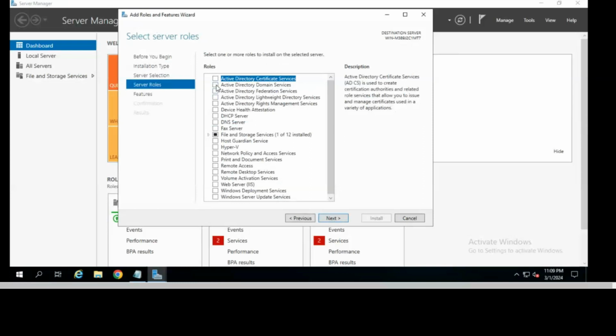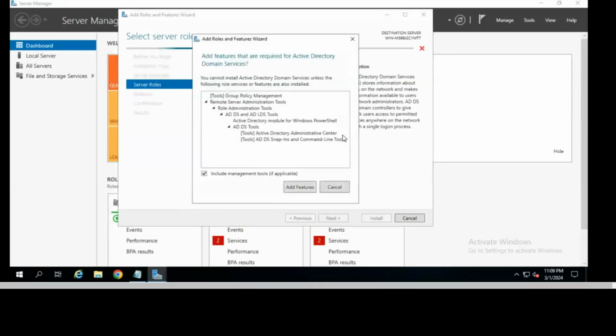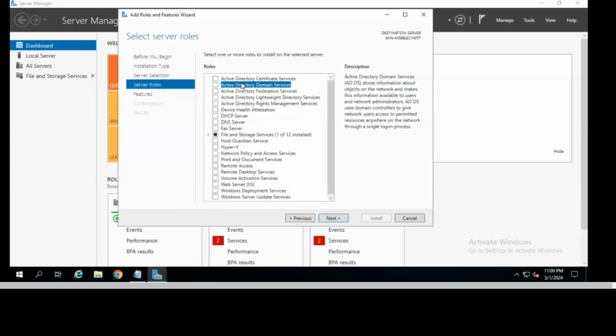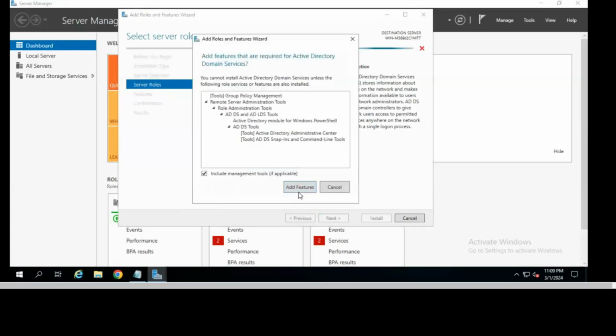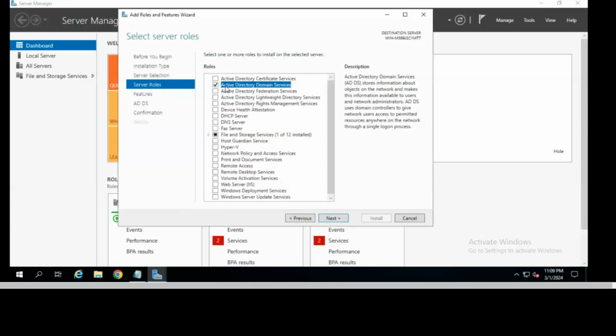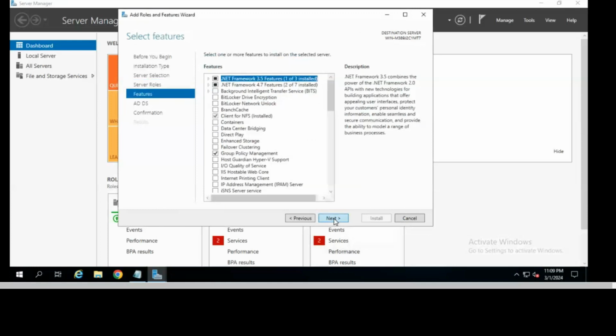You can see here, at second number we have Active Directory Domain Services. Click on that. It will show you the Add Features option. Click on that, right? Now it is selected. Now do Next. These are the features.